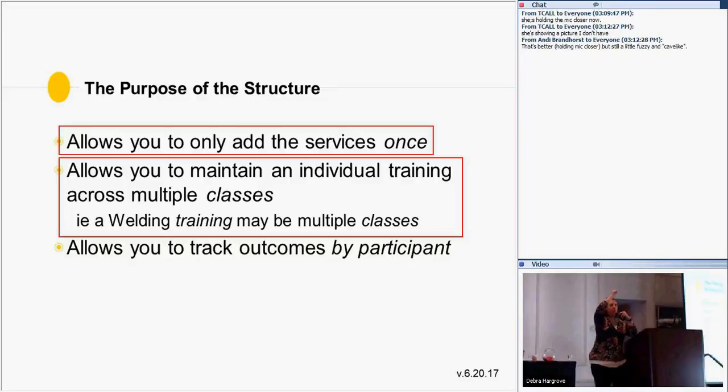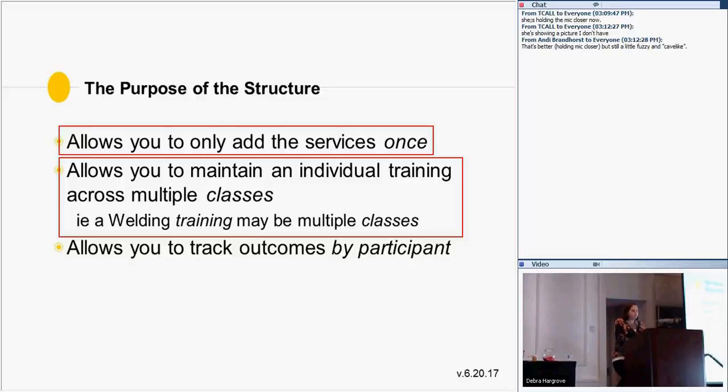You can keep that one instance alive and carry it across the different classes, but each participant will only get that one instance of training assigned to them. So the system will know they completed 1 training, it just happens to cover 3 different classes.